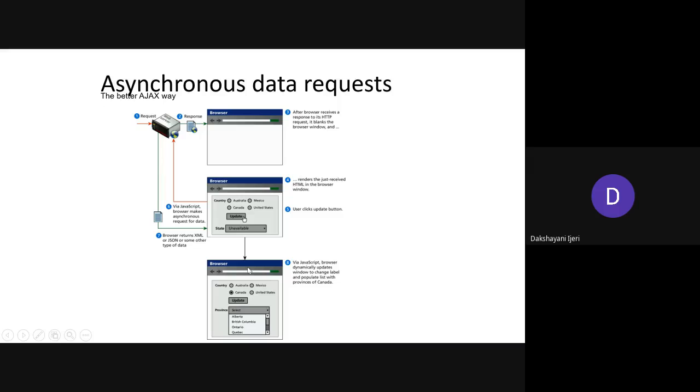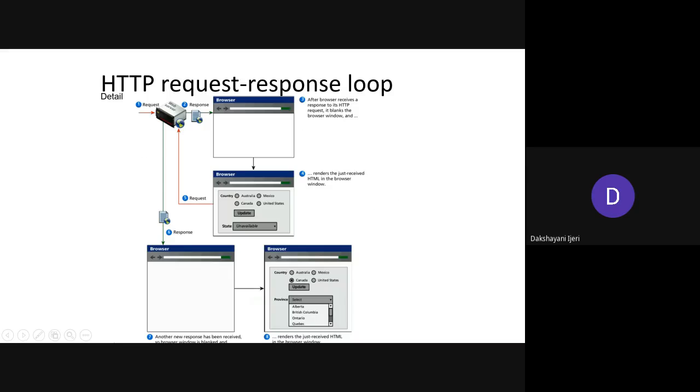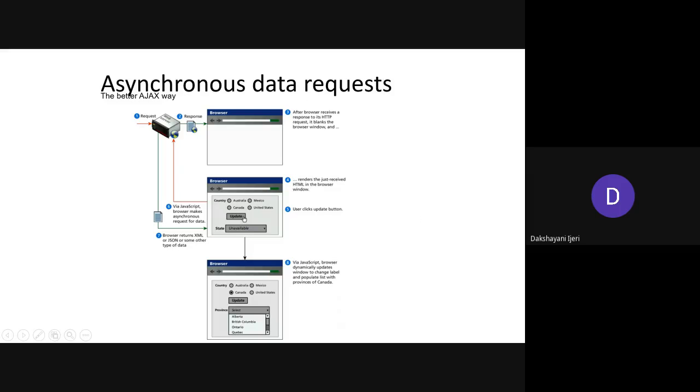With this, the user or the browser does not experience any delay in the response. Instead, it avoids the idle page that is rendered because of waiting for the response from the server, as in the previous figure. That way it is said to be synchronous, whereas it is asynchronous where the browser need not wait for the response from the server.